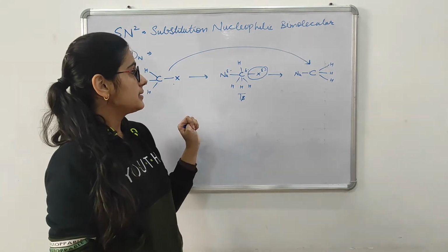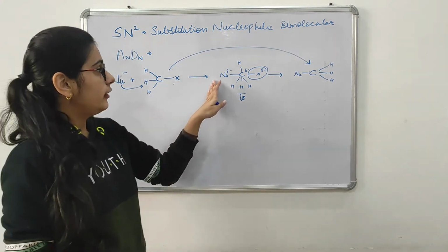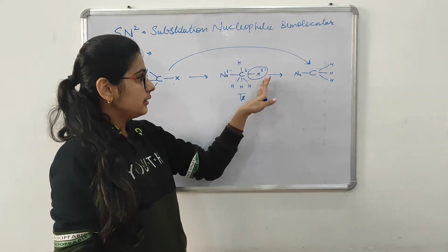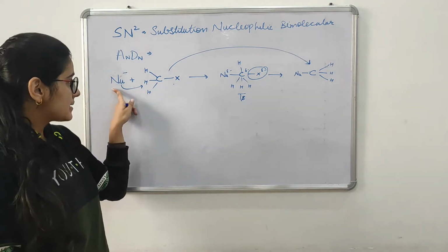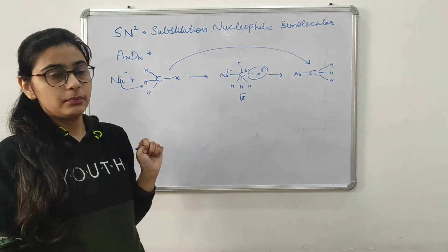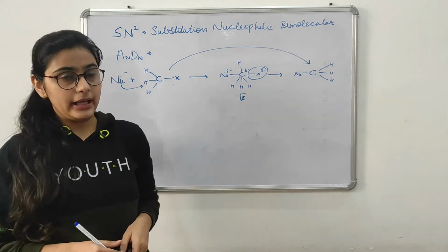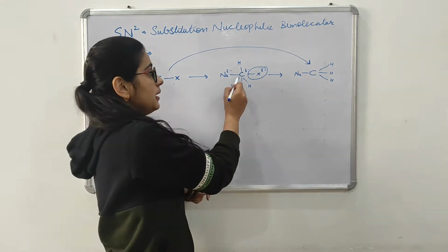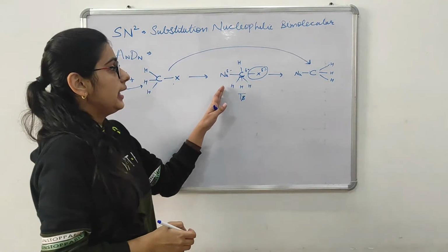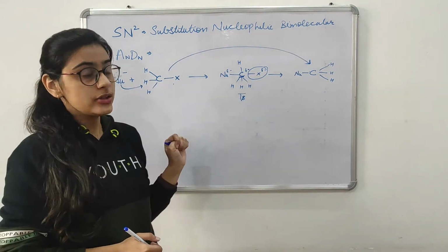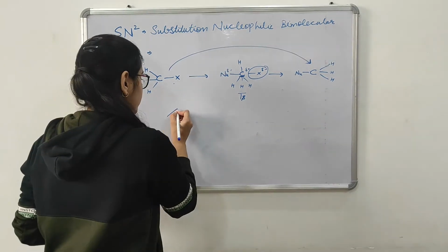So the important points about this reaction are: first the nucleophile will associate and then the leaving group will dissociate, and also the backside attack of the nucleophile takes place and inversion of the configuration also takes place. So here carbon has attained partial negative charge. So whenever electron withdrawing groups are attached, its rate of reaction will increase. Like